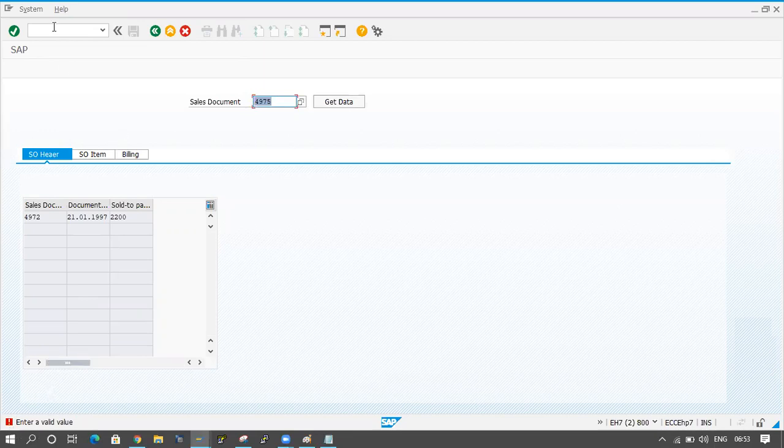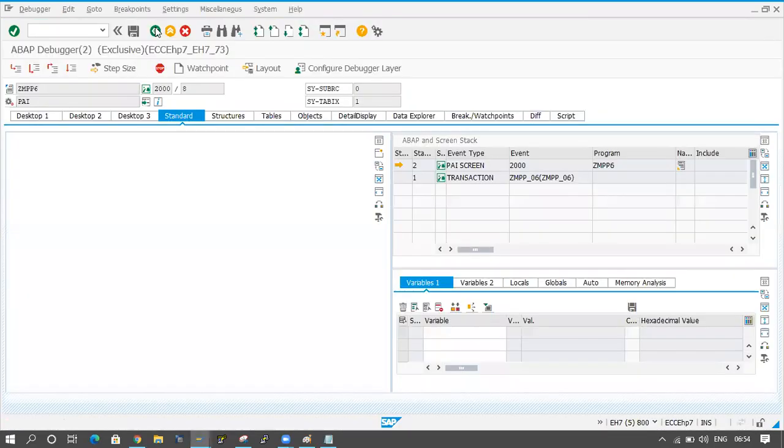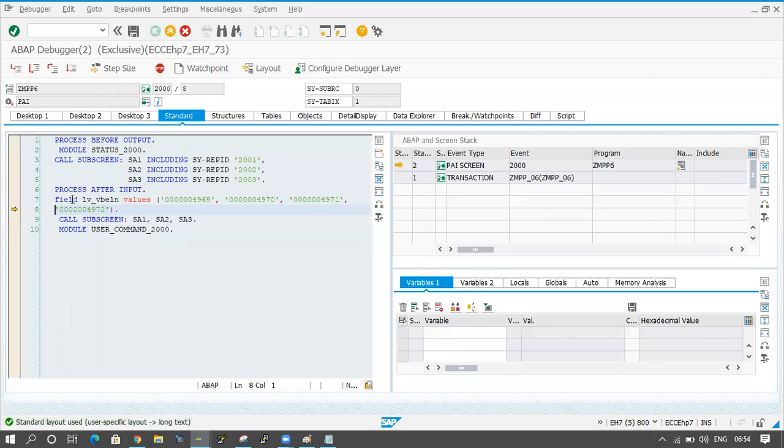I will go to the debugging to see how it is coming like that. I will check that one. /h, click on back button. If I click on the back button, the program has to terminate here, but it is not terminating. We will check that one, but it is coming like that. First of all, the field value is coming here, and I'm trying to click on the F5 button. If I click on F5, the cursor has to come to the 9th line, but what is happening here?